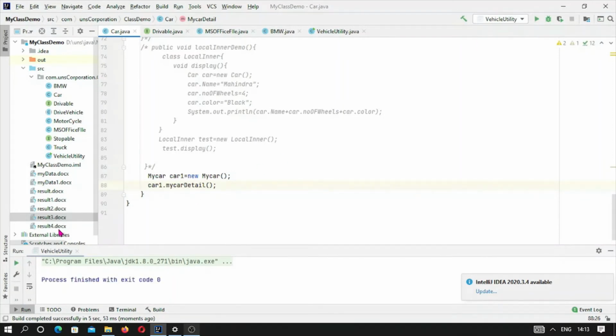Now you can see this result 4 has been obtained. Why was it so? Because we were calling from the outside the outer class method, but the outer class method was not calling the inner class method. So from these two lines we have called the inner class method from this outer class method too, and from the result 4 we will observe the result. So let me open it, and we will see the same result in result 4 too.